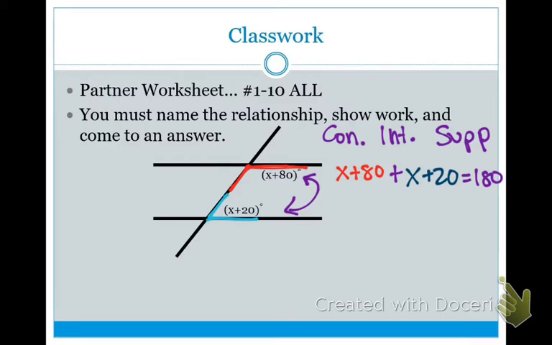Okay? So whenever you get to a problem like this, define the relationship, decide congruent or supplementary, and then you're going to set up an equation. I'm going to give you your partner worksheet. You need to name the relationship. So you see how I wrote consecutive interior? That's what you'll be writing if it's consecutive interior. Or vertical, corresponding, so on and so forth. You're going to show me the work, and then you're going to come to an answer. I'll show you what the